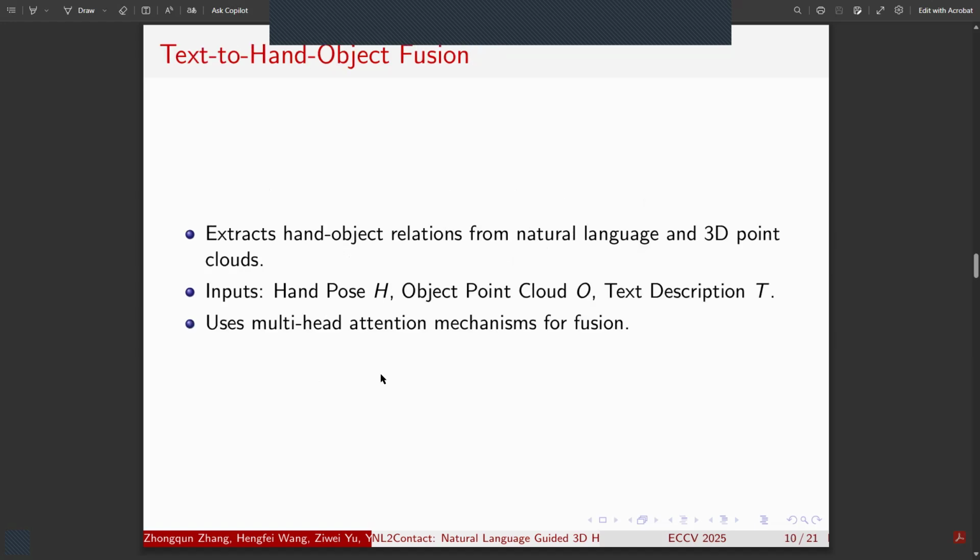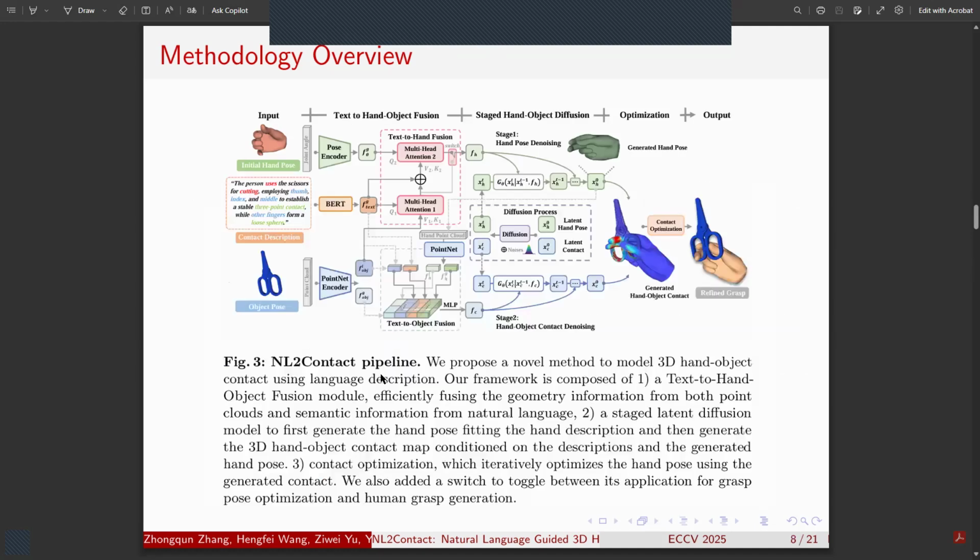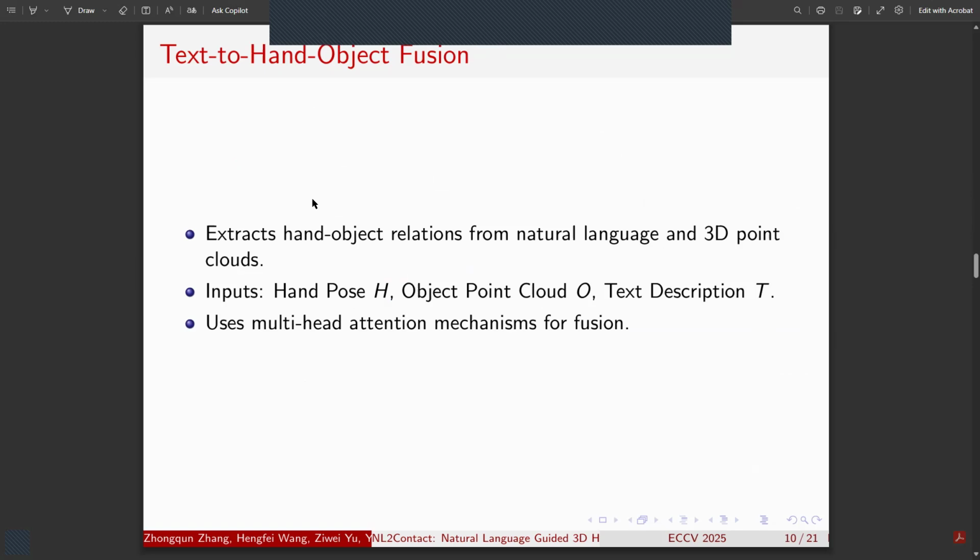So first part in this section, what they do is they extract the hand and object relations from natural language and 3D point clouds. They take the input of hand pose H, object point cloud O, and the text description, and they use the multi-headed attention module to fuse the text and the poses to get the final pose required for that particular